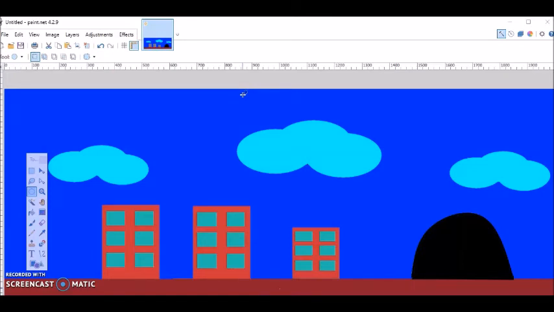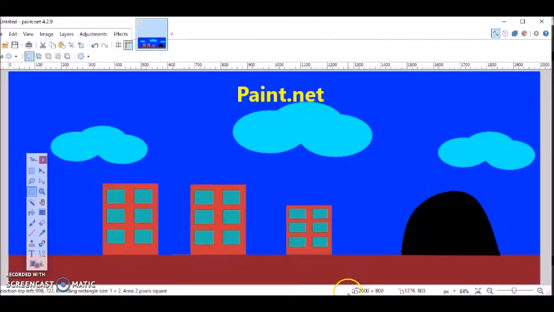In this tutorial, I'm going to teach how to upload a background into AppGameKit. Now, as you can see, I have already created my background in a program called Paint.net. And my background size is 2000 by 800. I make my background that big because eventually I might want a scrolling background. And as for the 800, I always make it taller than the game screen size, which we'll get to in